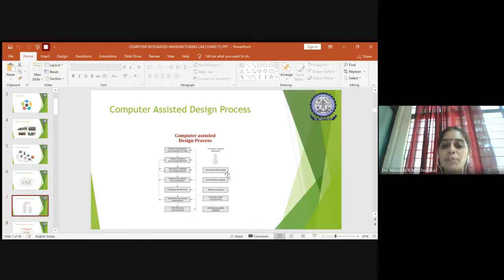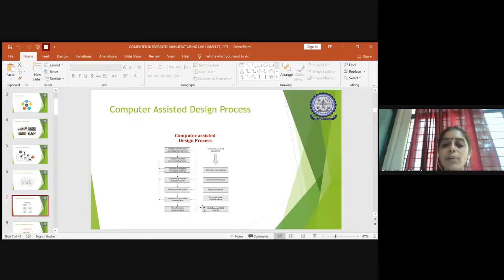Now with the help of computers, we directly do the design on a computer-aided design tool. Once the design is ready, we use any analysis platform. It could be Abaqus, ANSYS, Nastran, whatever analysis platform we use to do the analysis of that particular design. And no need to do an actual prototype. You can do a virtual prototype also and check whether it is working properly. To check that, we use the tool of computer-aided manufacturing. So you can manufacture it virtually and see. Until here, there is no cost of expenditure. You're just doing it in the system, right?